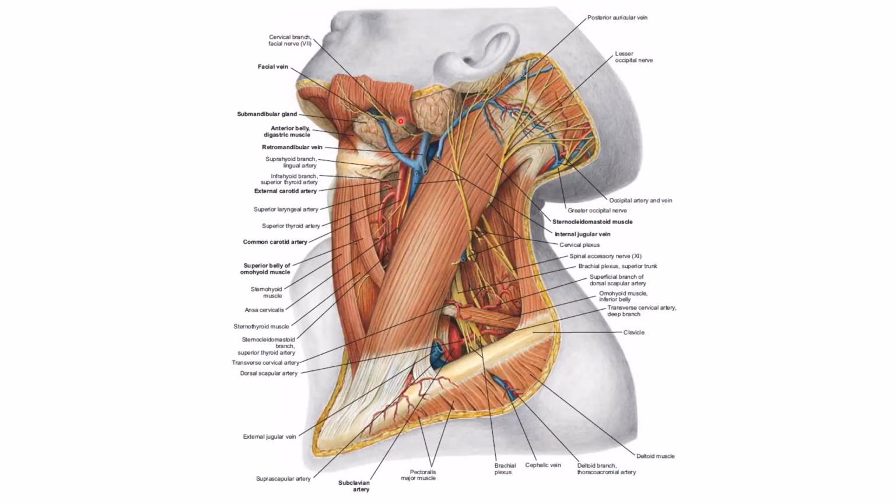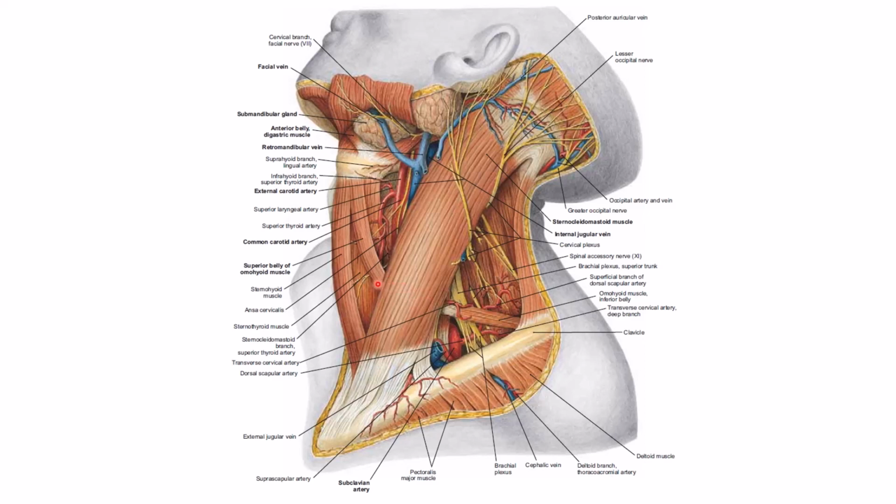Here we removed the platysma. Now we found the sternocleidomastoid muscles clearly, and below it we can see the infrahyoid muscles or strap muscles, because this is the hyoid bone. As we see here, this is the superior belly of omohyoid, this is the inferior belly of omohyoid, and in between, this is the intermediate tendon. As we see here, it continues, but below we cannot see it because it lies below the sternocleidomastoid muscle.